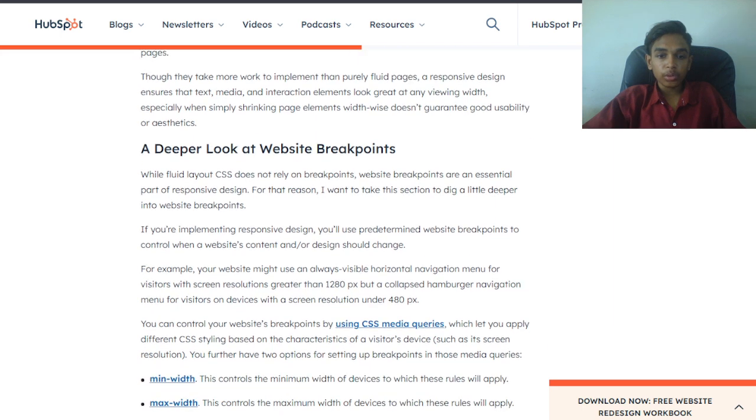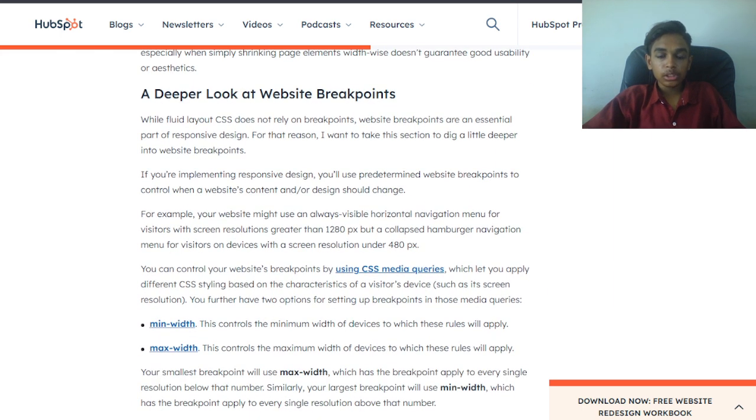You can control your website breakpoints by using CSS media queries, which let you apply different CSS styling based on the characteristics of a visitor's device, such as its screen resolution. You have two options for setting breakpoints in media queries: min-width, which controls the minimum width of the device on which these rules will apply, and max-width, which controls the maximum width on which these rules will apply.